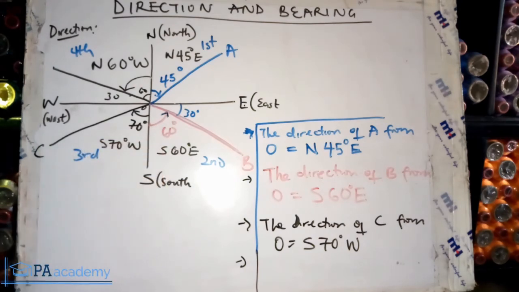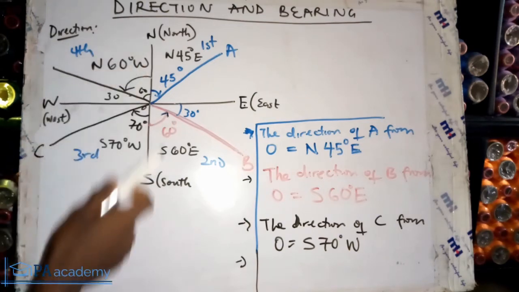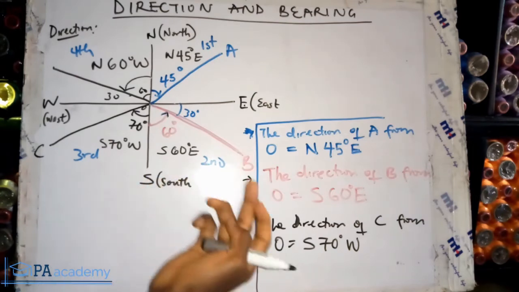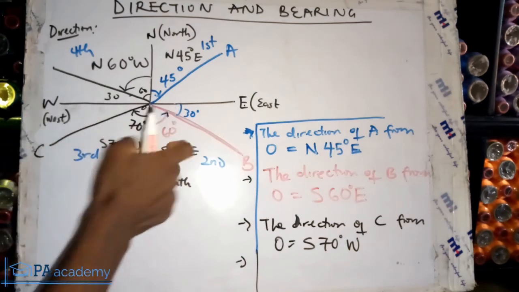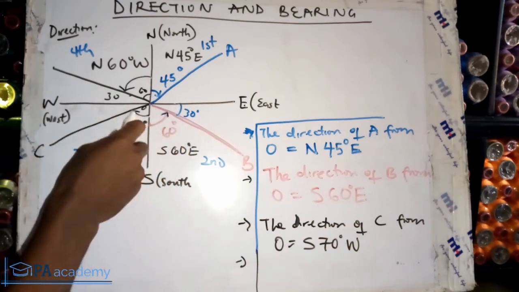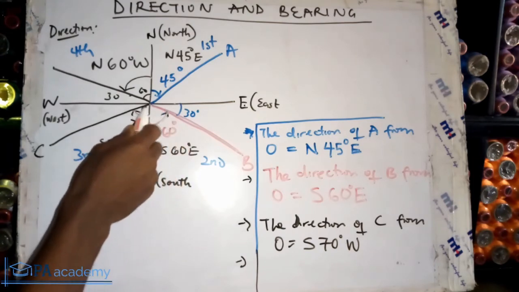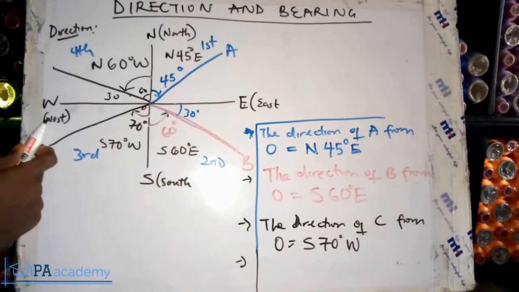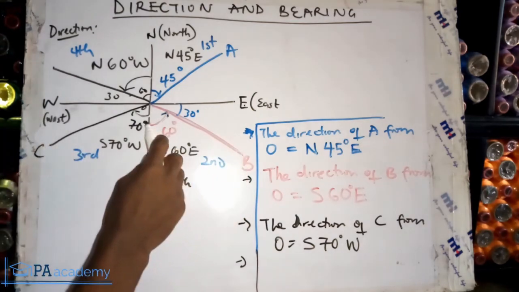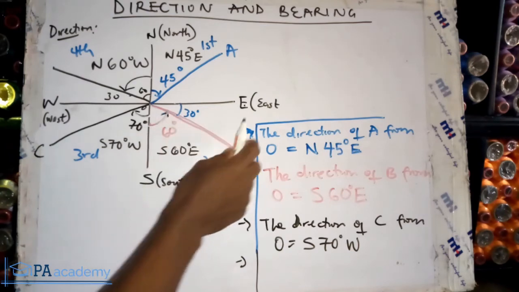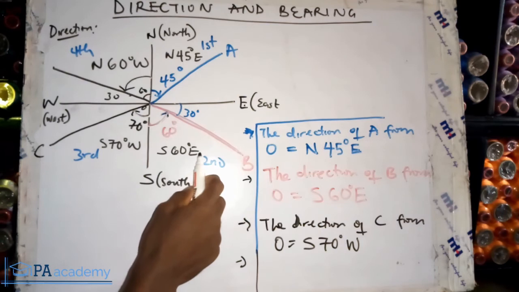So that is how to give angles, or to note down angles when you are dealing with direction. You are either starting with the south or the north, depending on the quadrant. If it is on the second and third quadrant, then it will be south, whatever the angle coming from the south, and west. If it is this quadrant, then it will be south, then the angle it makes coming from the south, then east, like this one, south 60 degrees east.